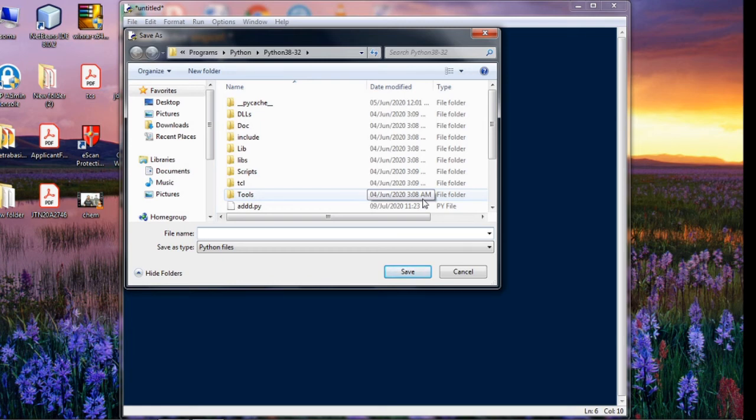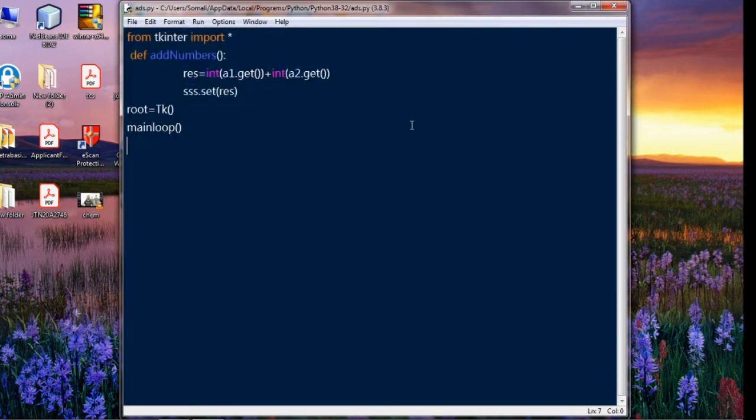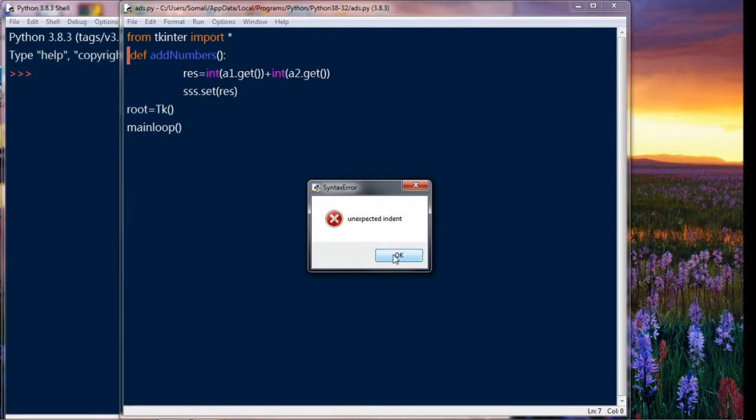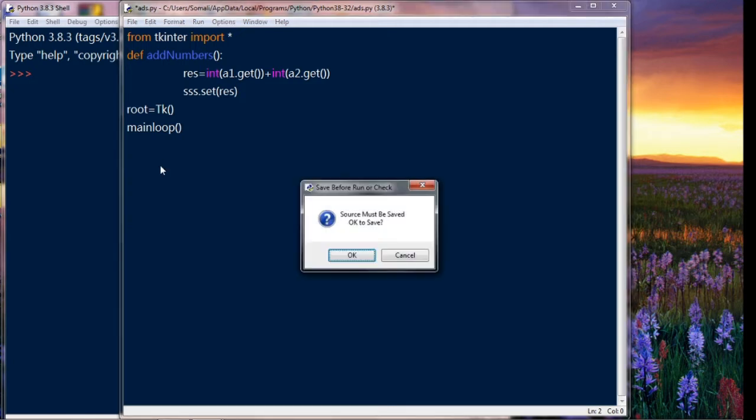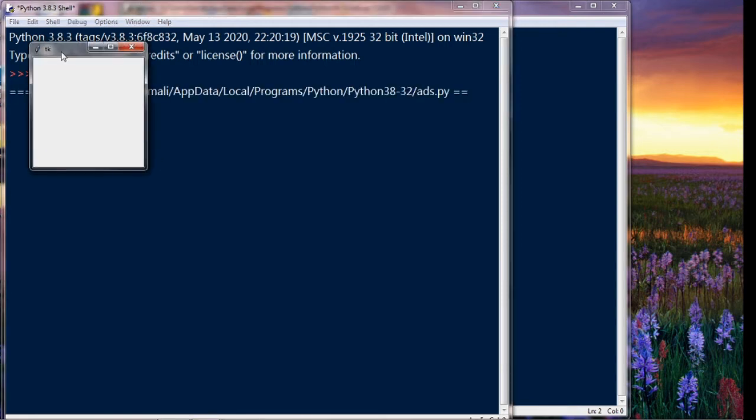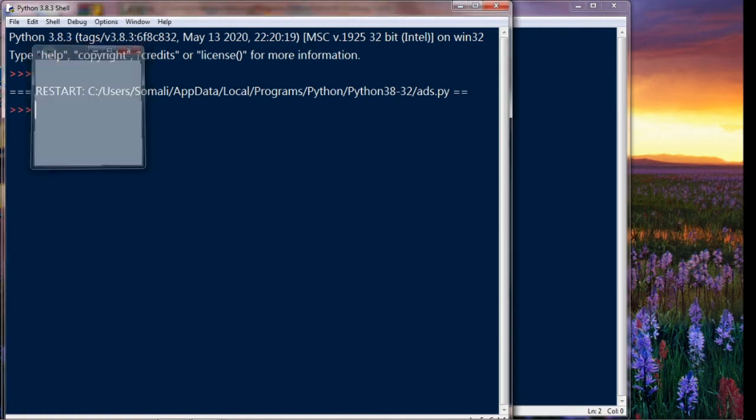Save the file name as addition. Some error here. Okay, here the window is created.